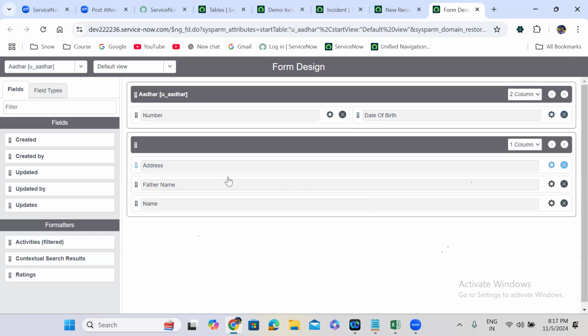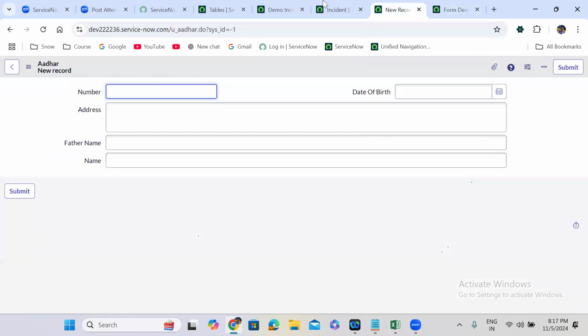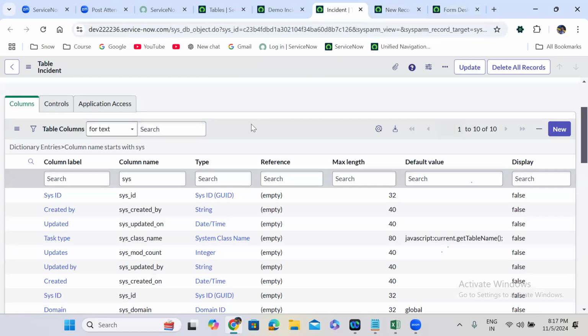What is this? Instead of form design, what we will do is we will use